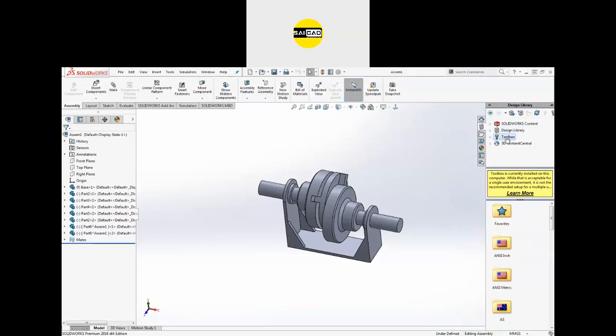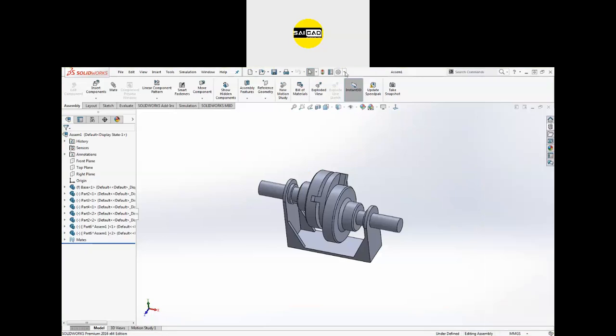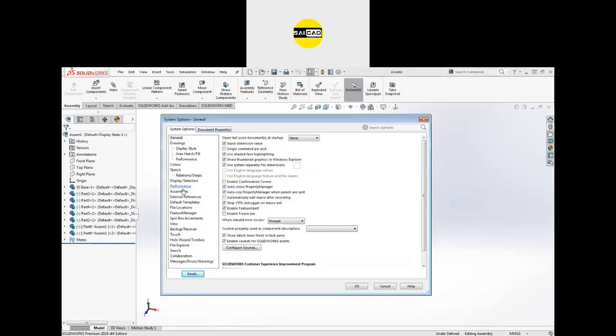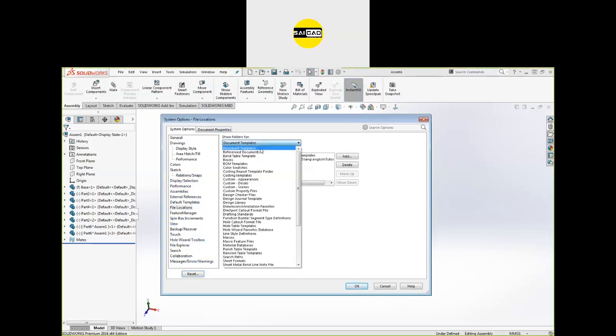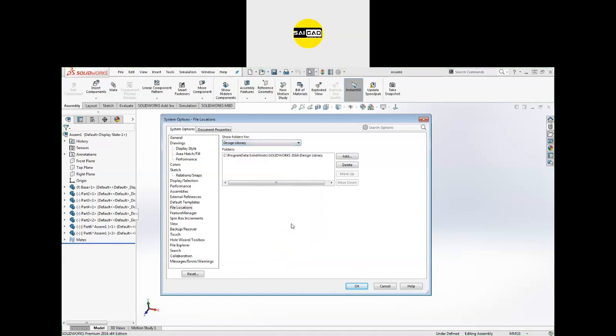If you don't have the toolbox, you have to go to the options up here, and in that you will get the locations. We should have a file locations option here. We should have the toolbox somewhere here. Design library, okay, this one.